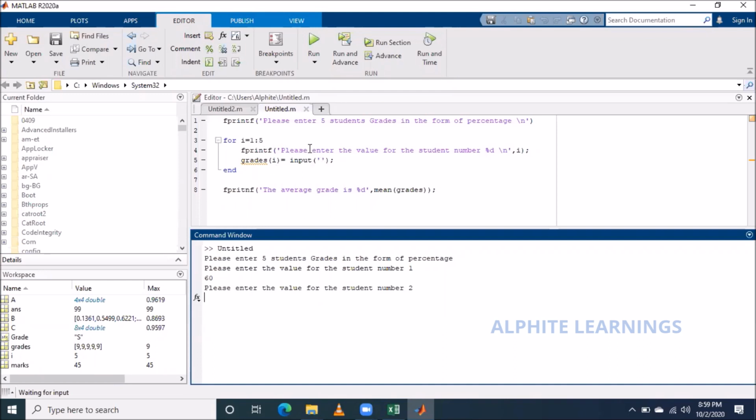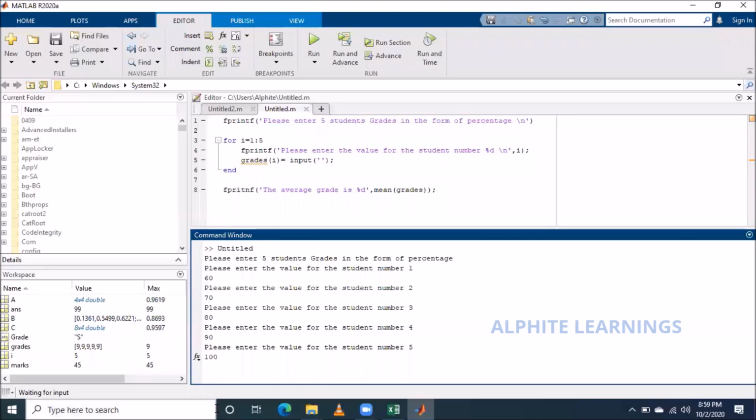Second student, 70. Next, I is equal to 3. Third student, 80. Then the fourth, 90. Then 50. Okay, 5 is done, right? So what you have mentioned is 1 to 5. So 5 is done. Automatically, this should stop, right?